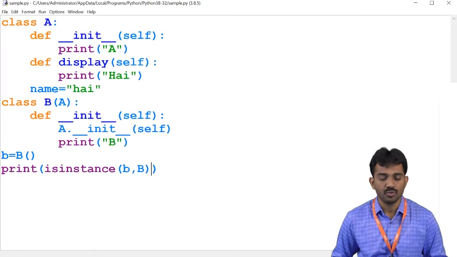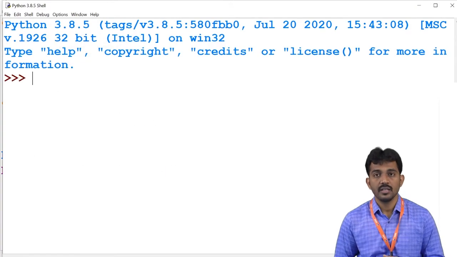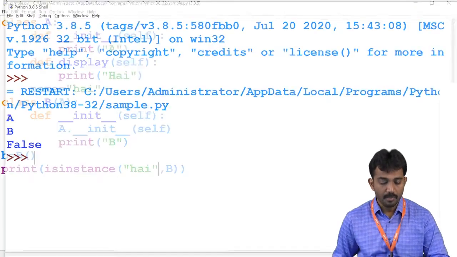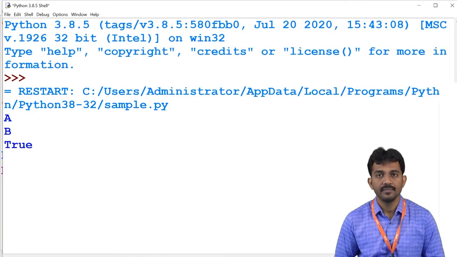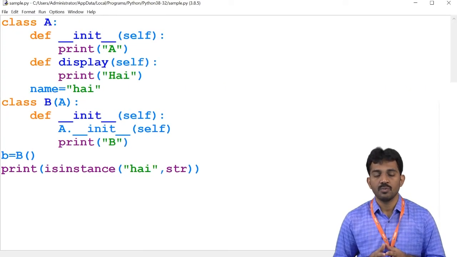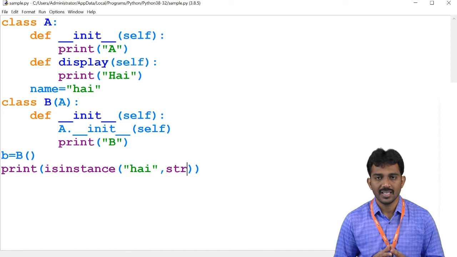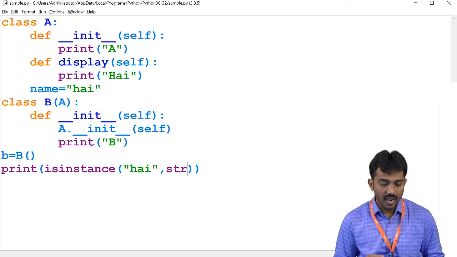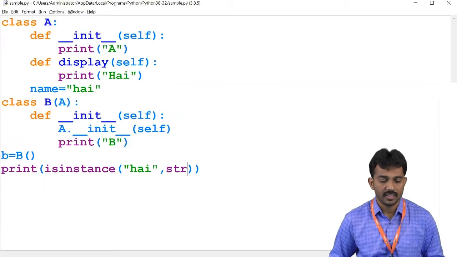That is the reason. For example, if I write a string hi, then you can see the output is False, because it is an object of str. Then see, True. Please note this on your book: isinstance is a method that checks whether a particular object is related to the class or not. isinstance, as well as issubclass.